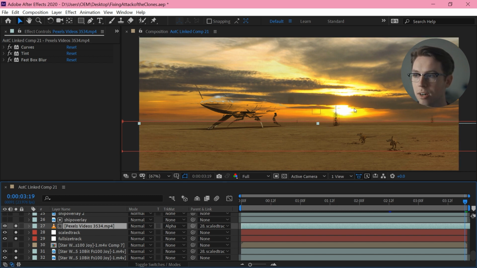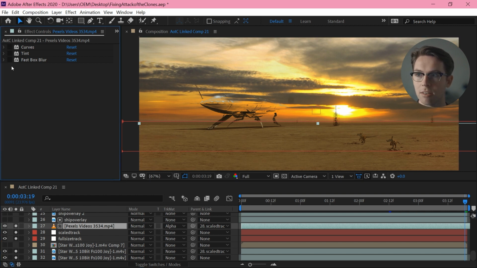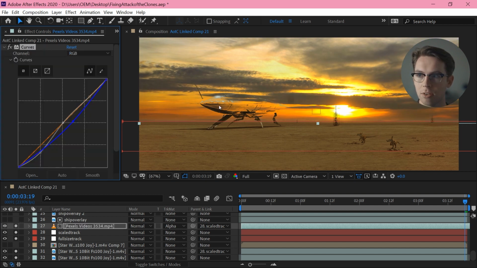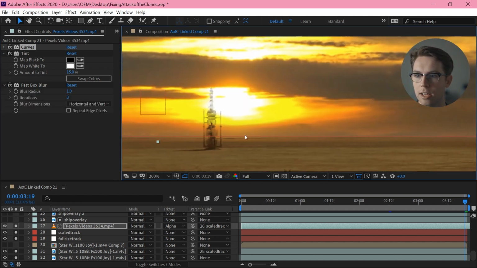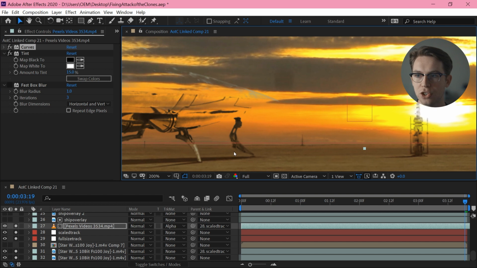I probably ordinarily wouldn't do something that's so obviously like clipping and digital, but obviously that's something that happens quite a bit in Attack of the Clones, so it works, and I am just doing a little bit of color grading on this. Take out those blues, desaturate it just a tiny bit, and then give it a bit of blur. And the blur is important because I don't want this background to be sharper than anything in the foreground.